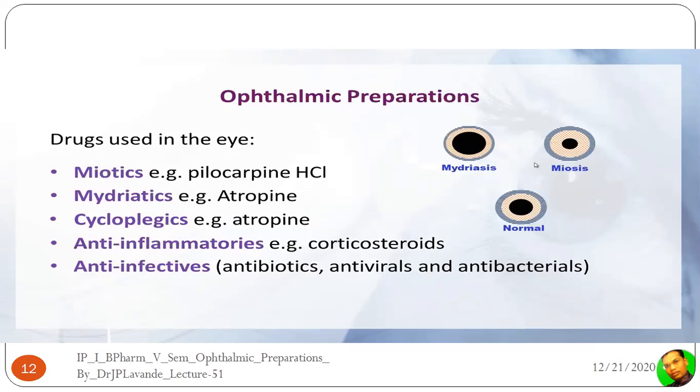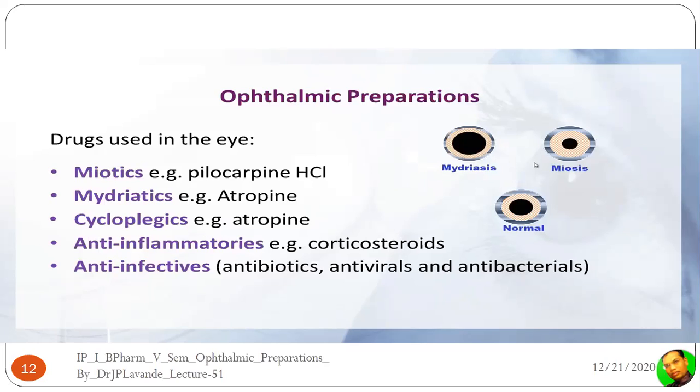As you can see in this picture, this is the mydriasis, that is dilatation, and this is the miosis, which is the constriction. Compared to these two, this is the normal condition. So we introduce myotic drugs like pilocarpine hydrochloride in order to produce miosis. We introduce the mydriatic atropine in order to produce dilatation. We also use cycloplegics like atropine, and anti-inflammatories like corticosteroids in case of inflammatory disorders,